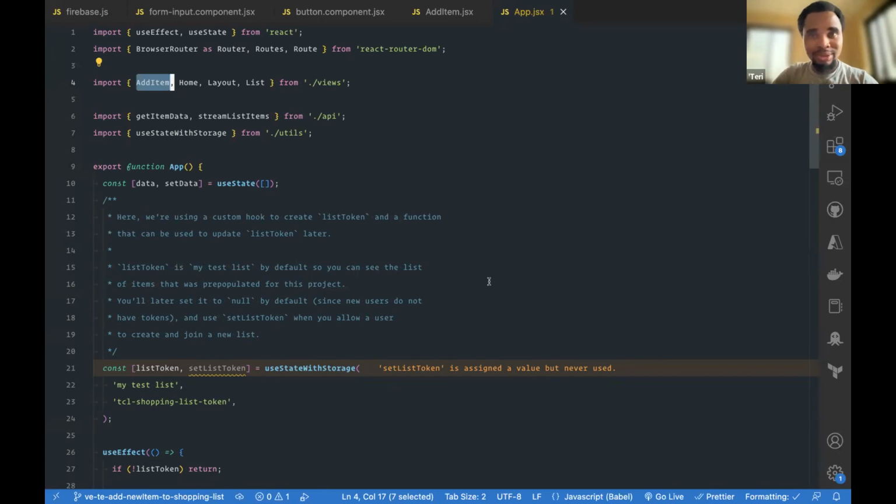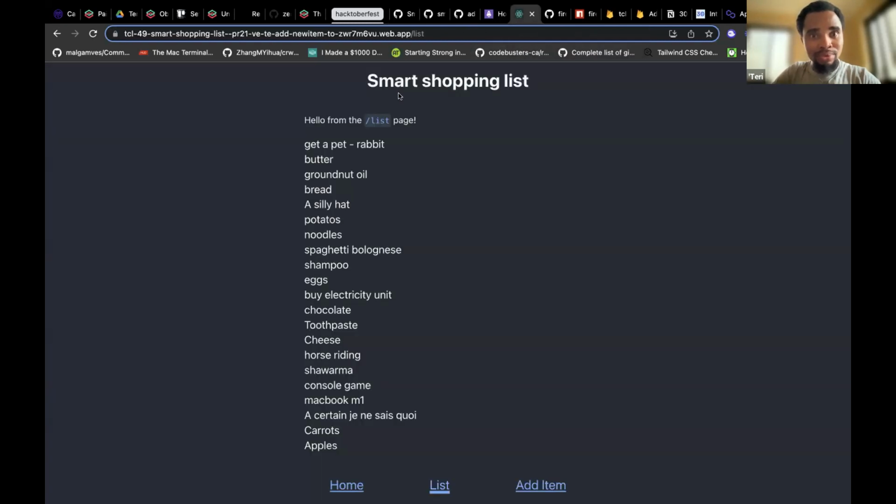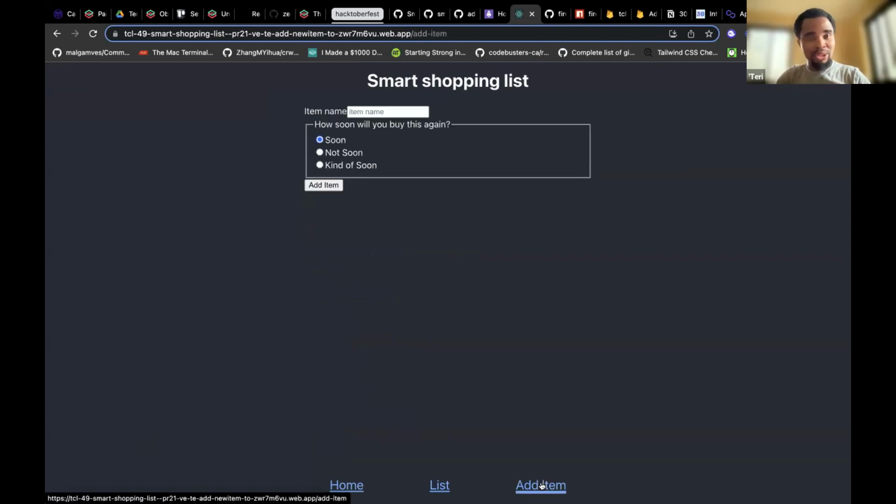Okay, yeah. So thank you so much for this opportunity. So the task was just to add an item to the database, which is Firestore. So I'll just show you the demo on the live URL. So essentially, if you go to the add item page, so once you click, so essentially what